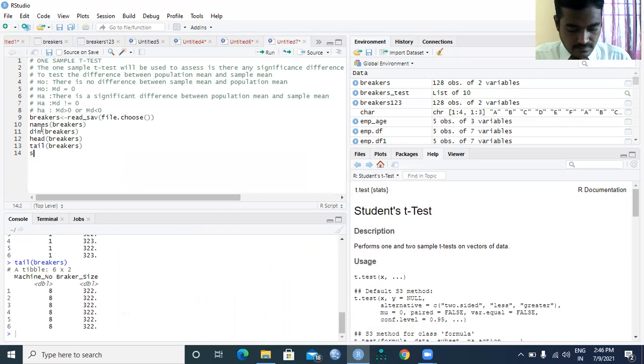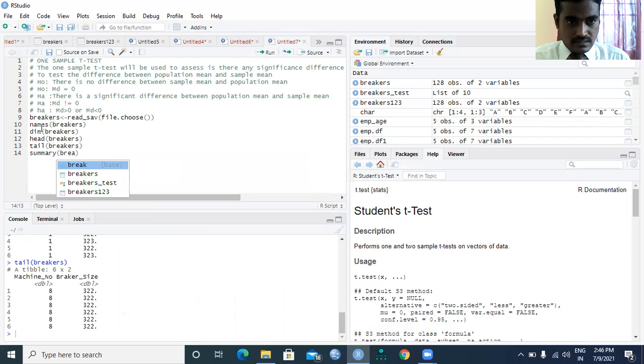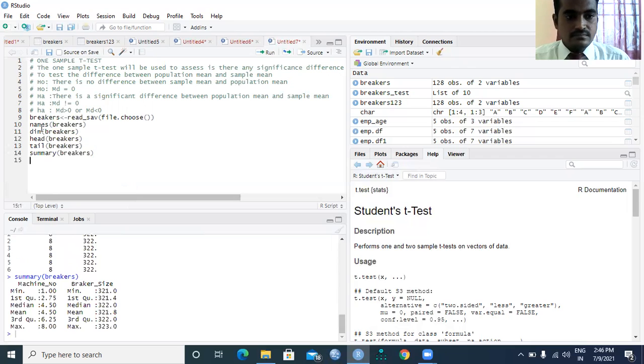Now summary will tell us about the minimum breaker size 321 and the maximum breaker size 323.